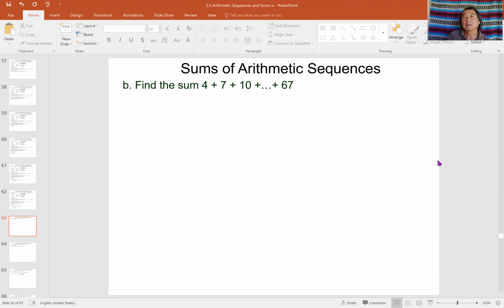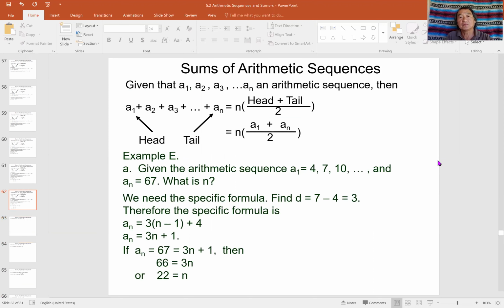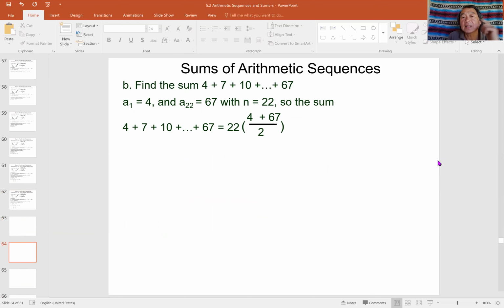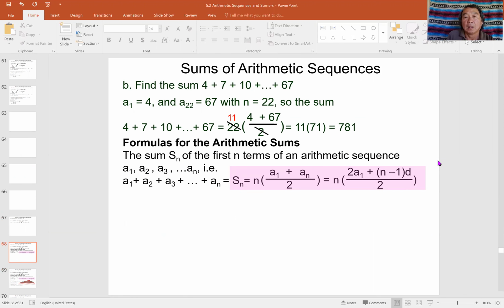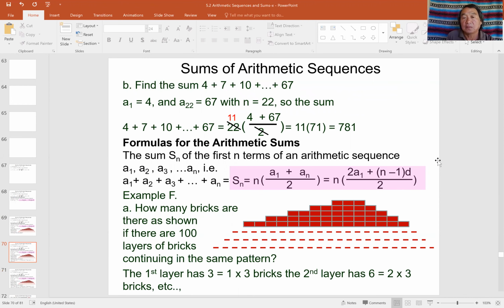In order to add them, you need the formula on top. You need to know how many numbers are here. That's where this n equal to 22 comes from. That's why you have to find this number first. Then you can use the formula, and you get a sum. And here's an example of using the sum to calculate how many bricks you need to do certain jobs, etc. And here's the geometric formula